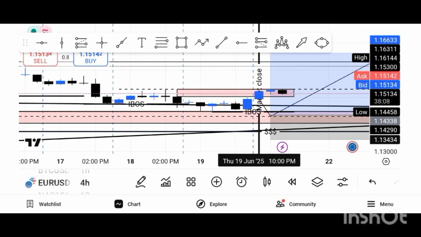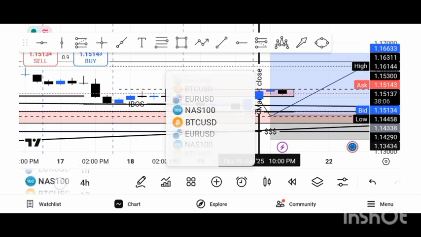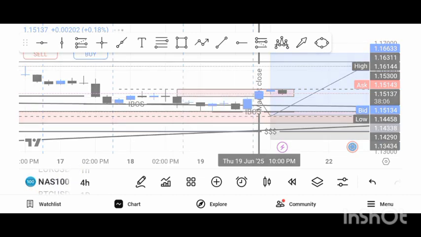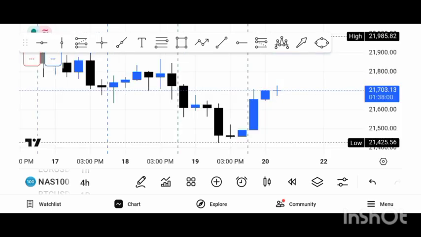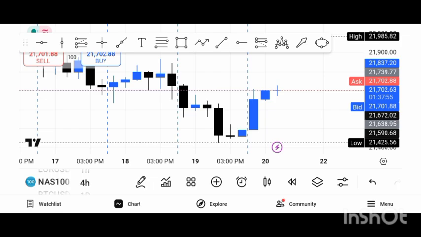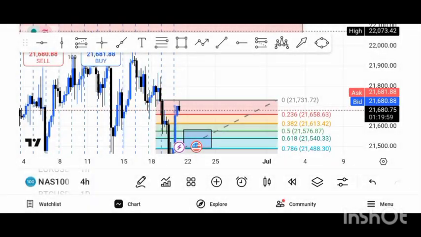So this is my Euro USD. I'm expecting the market to retrace to my entry before making a decision either to buy after a candle confirmation, because we read the market through price action and understand where the institutions are trying to target through the SMC, where